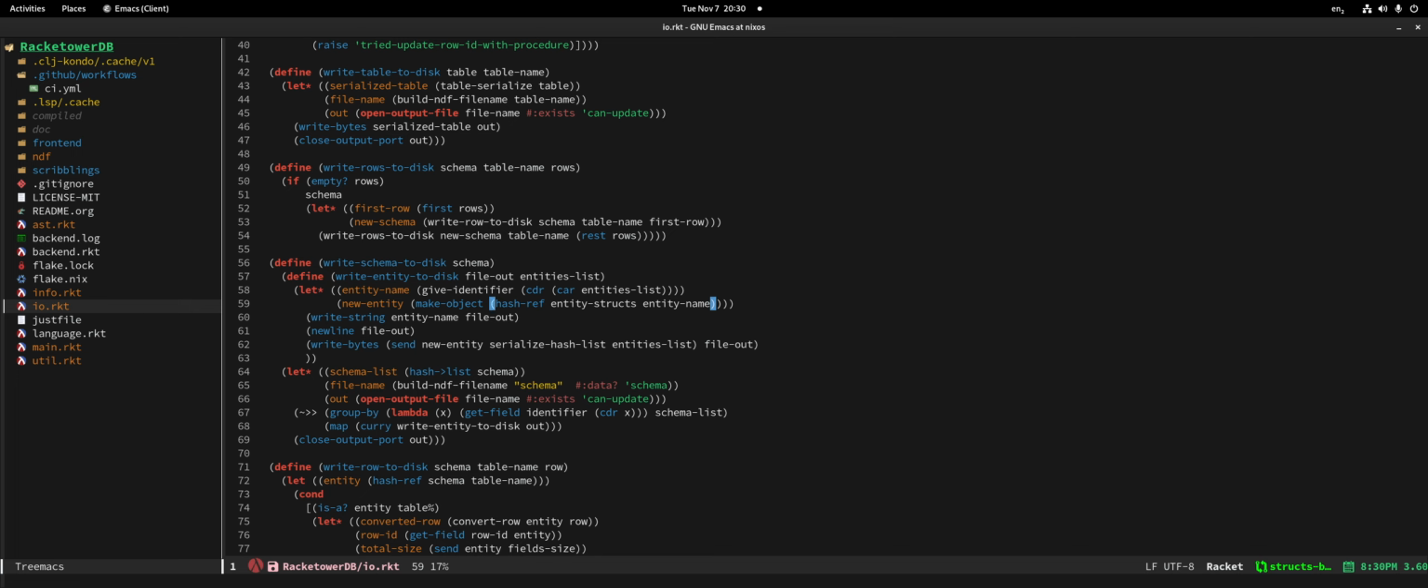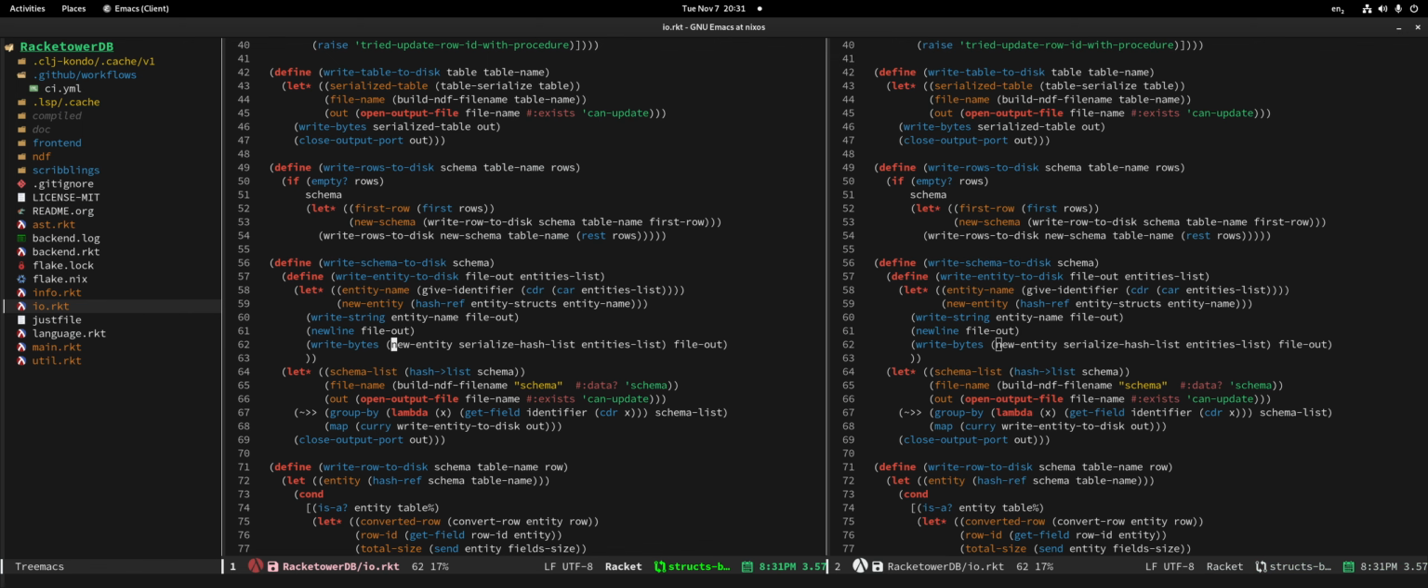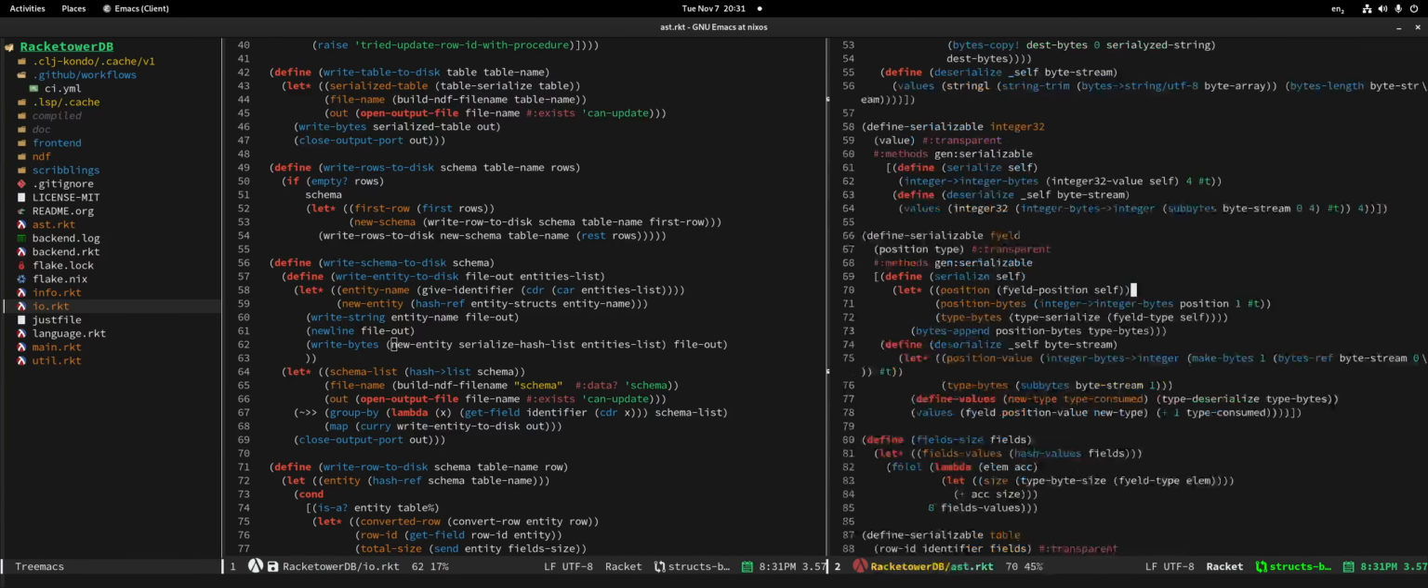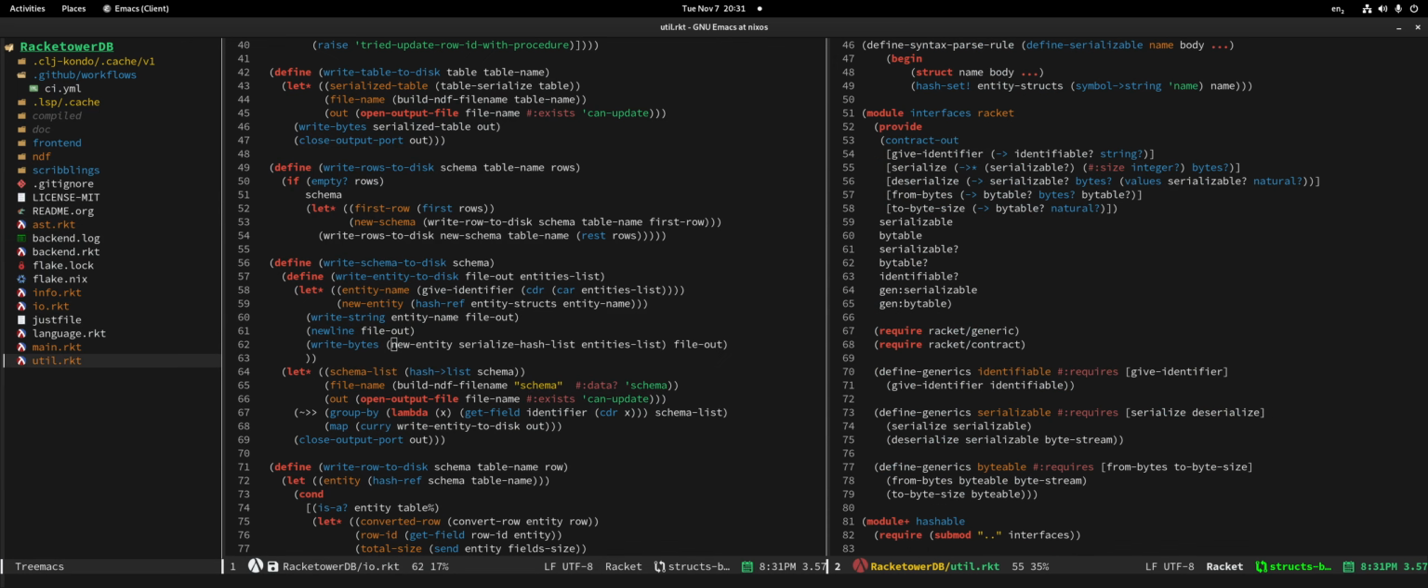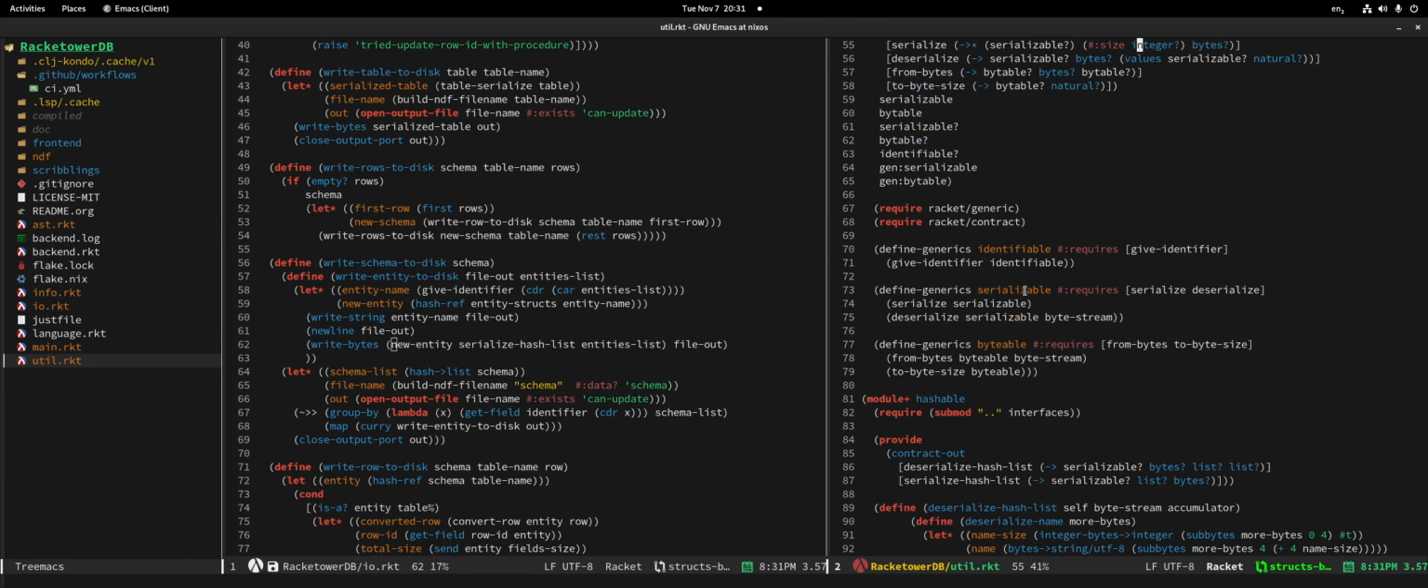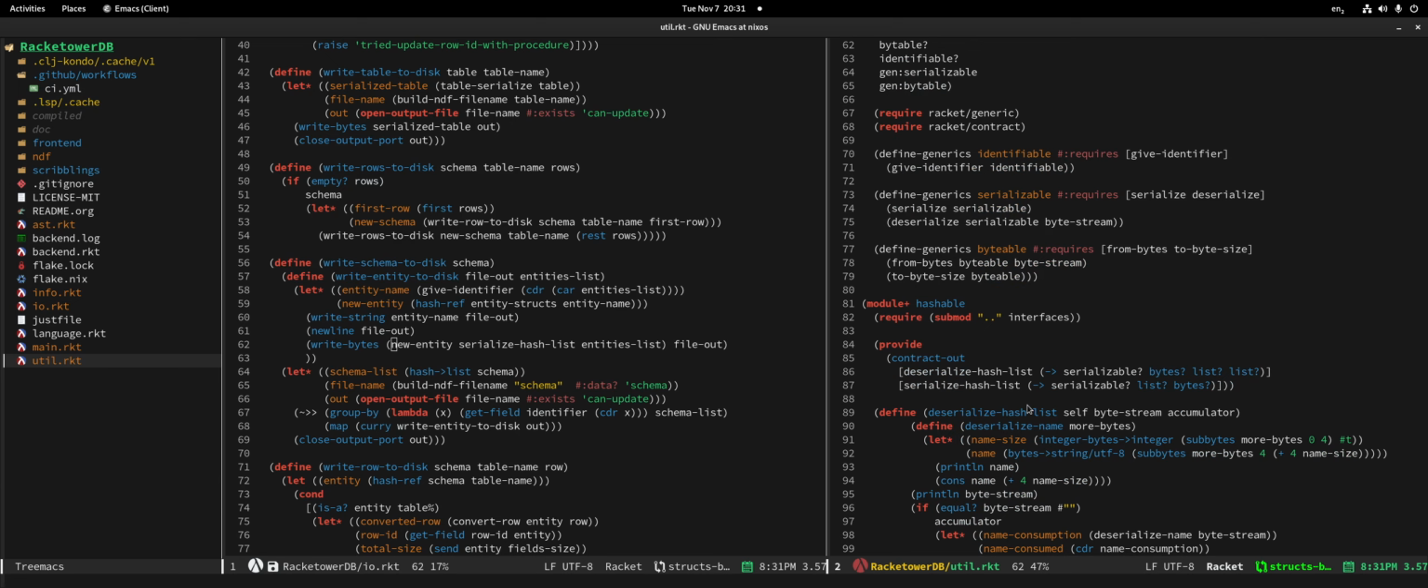You're using entity structs. I don't think we need the make object stuff. No, we don't. Then the question becomes, we don't need the send anymore, right? We don't need the send. We just need serialize hash list blah blah blah. But I already forgot the contract for that. So what is the contract for you? The contract for you is to send something that is serializable, which probably is going to be the new entity,